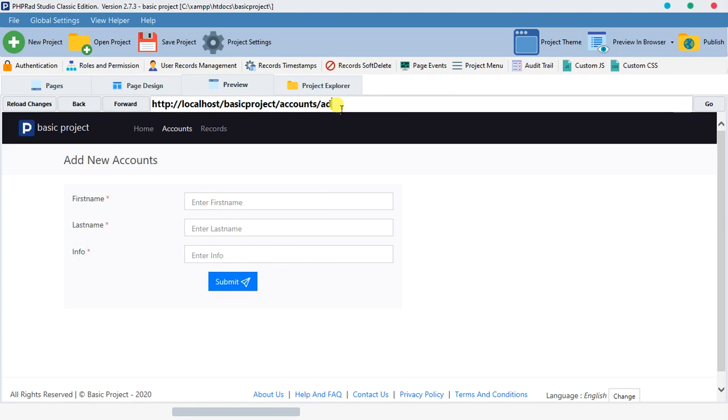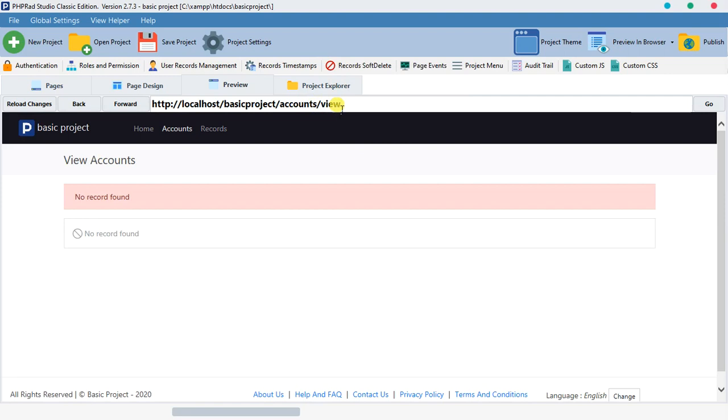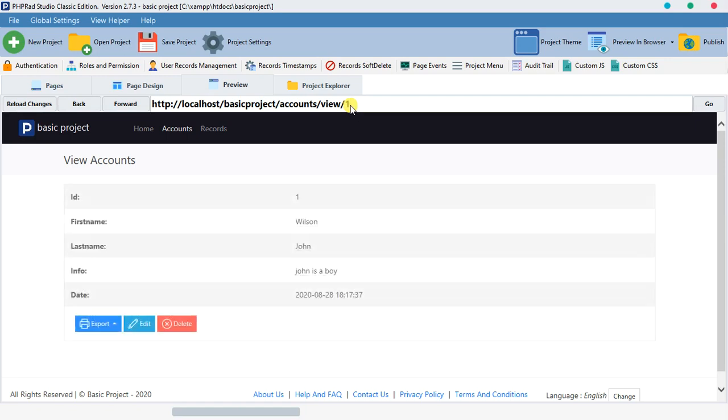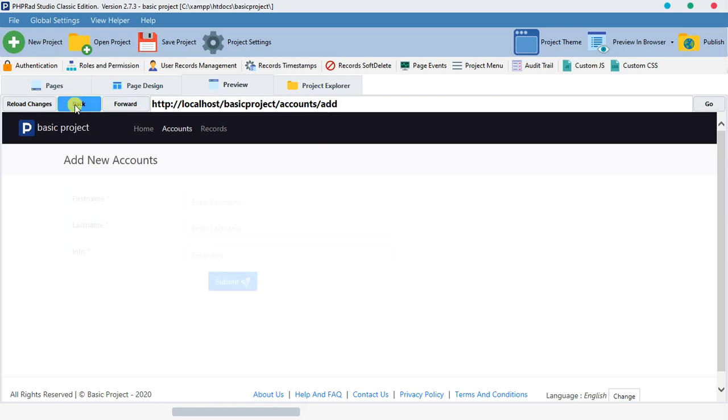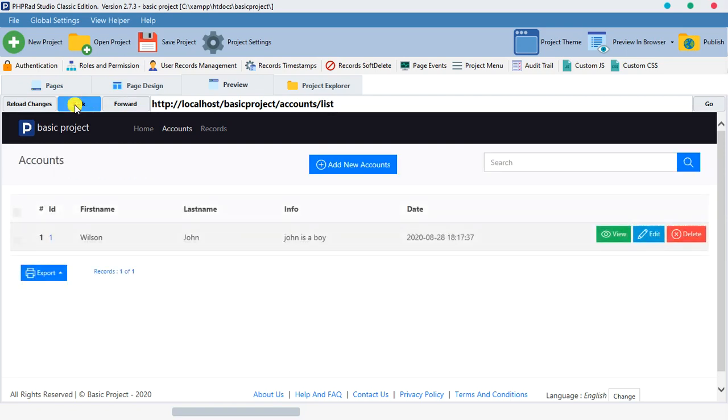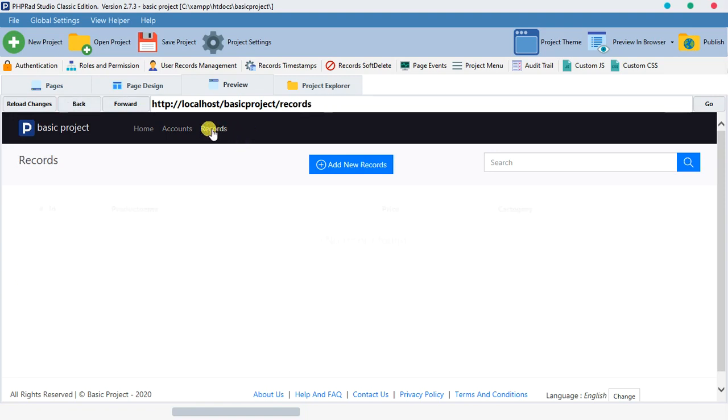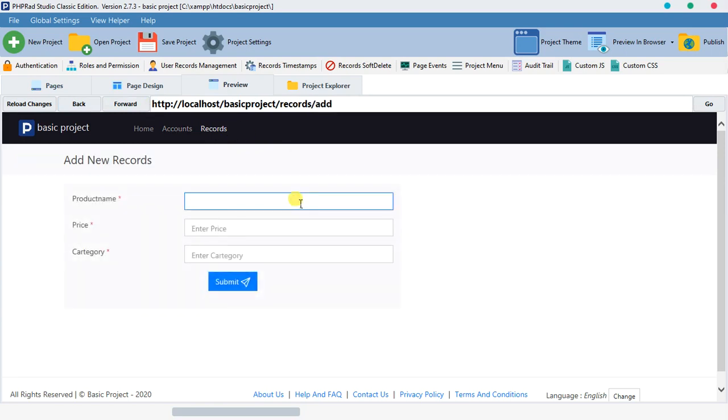Another one is the view page, but the view page has to be specific. You have to indicate which data you want to view. In my case, I want to view record ID 1, and that is what we are viewing here. So you can see the 4 major pages we have for a single table being created. The same thing will apply to this record. Let's try to give this record some data. The product name we want is, okay, let's say